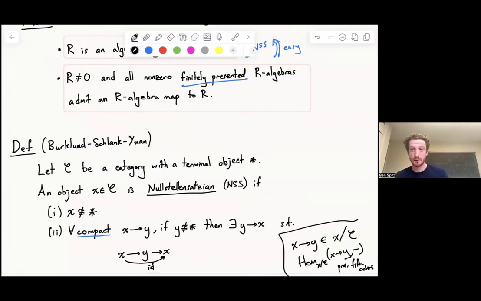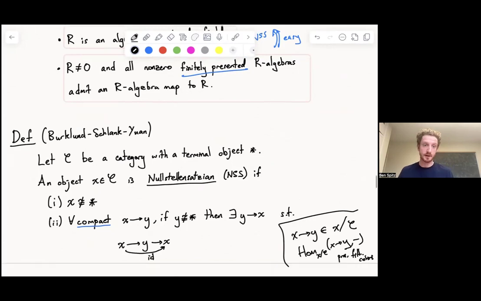So it's a purely category theoretic condition, and it turns out in the category of commutative rings, this says exactly that you're a finitely presented algebra. These are completely equivalent conditions. And that's a more general fact about algebraic theories. Anytime you have a variety of algebraic objects in the sense of universal algebra, compact morphisms correspond exactly to finitely presented extensions. And so that's what's going on here. And the same thing happens for Tambara functors.